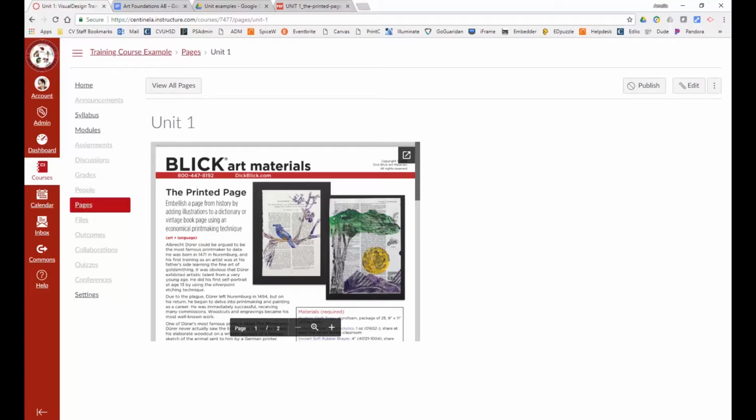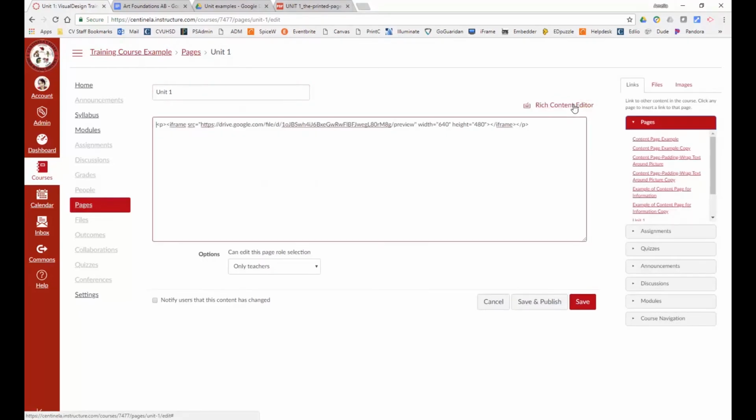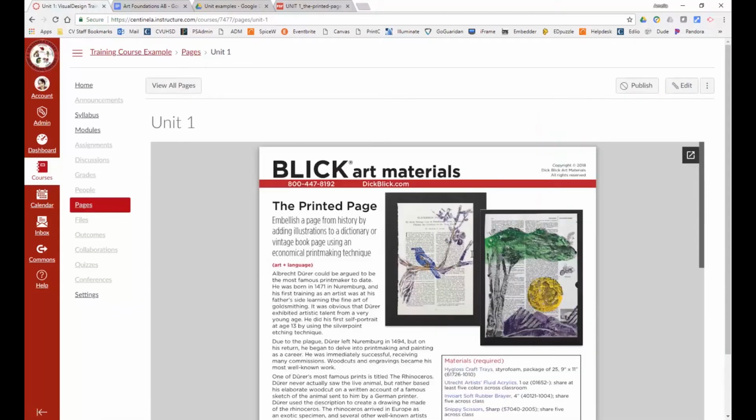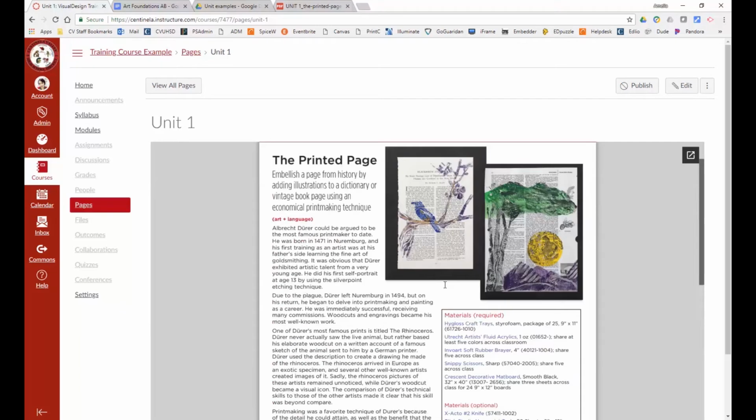If you think this is a little small, which I think it is, you can always return to the Edit option, return to HTML, and change the width and the height. You can change this to 100% and leave the height at about 800, and then save again. Now you can see that you have this document embedded within Canvas for students to view